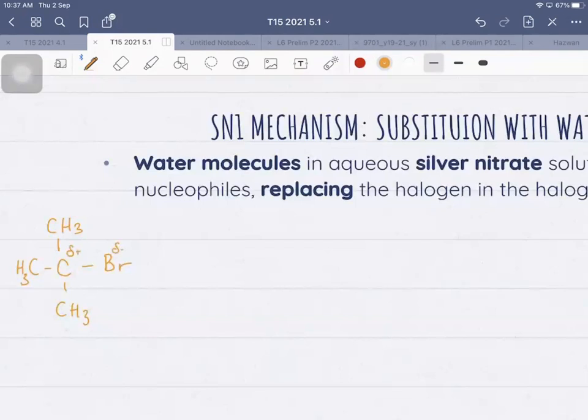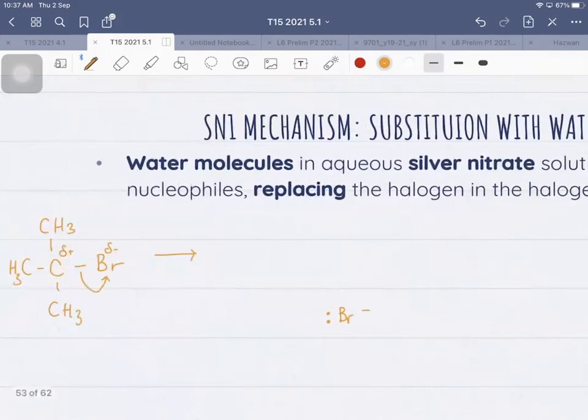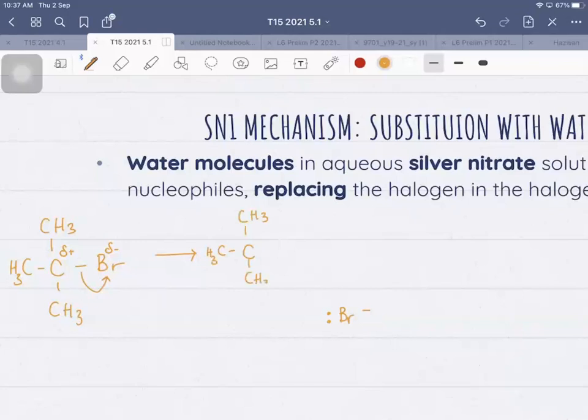Don't forget the polarity of your carbon halogen bond. Since bromine has a higher electronegativity value, the carbon-bromine bond will break and the electrons will be given to bromine to form a bromide ion with the lone pair of electrons. That means we form a carbocation intermediate with a positive charge on the carbon because it has lost the electrons in the bond, and then comes in